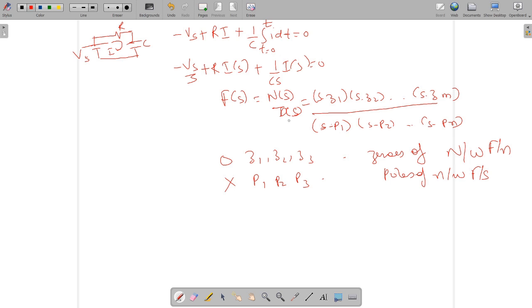Suppose you want to find the impedance of some circuit, how are you going to find it? Impedance means Z. Z means V upon I. You can see here that the numerator is a voltage and the denominator is the current. This voltage can be of either port, it might be from the input port or from the output port. Now we are going to draw the pole zero plot by taking one simple example.